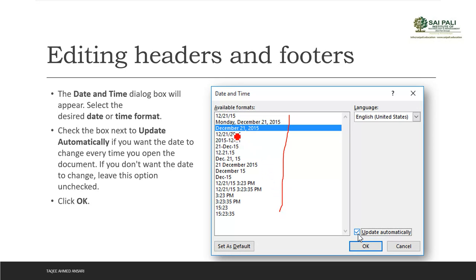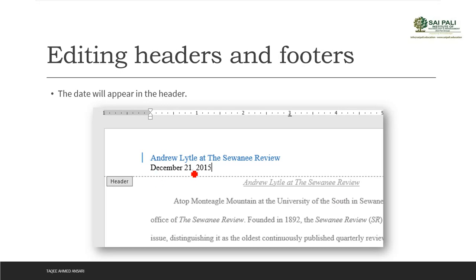So suppose you want to choose this one, you want to have a date like this. Whatever you want, you select the format. And then one more thing here is called automatic update. If you want the date to update automatically, you just check this box. And if you want the date that should not change every time you open the document, then you will not check this box. After you select whatever you want, press OK, and then the date will appear in your